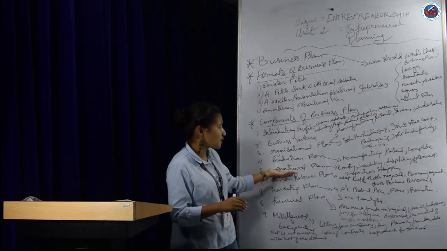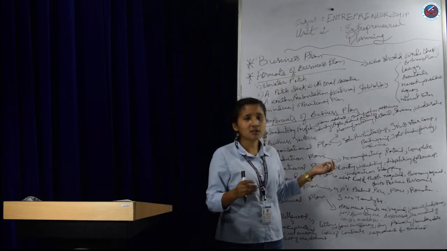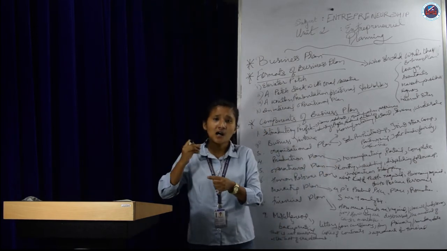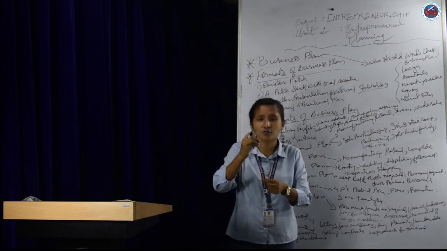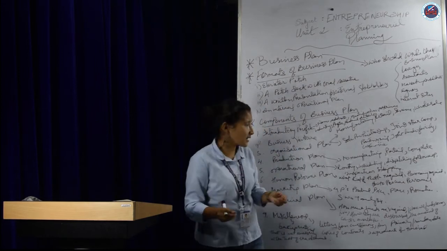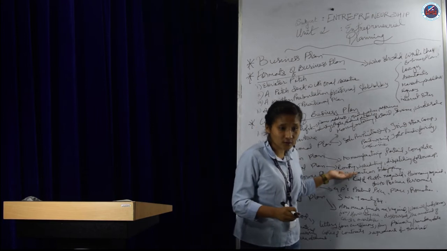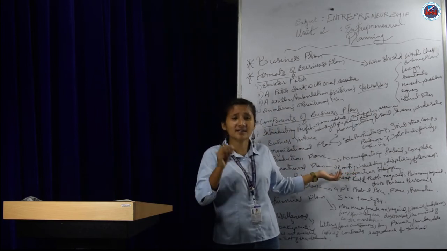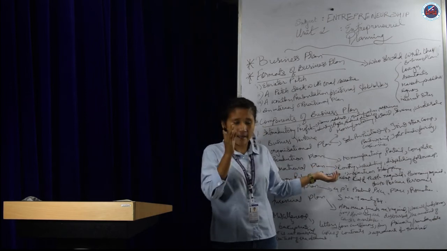Then comes the operational plan. The operational plan is all about how you are going to operate your business. How is the business going to be operated in the competitive market? The first one being routing. Routing is a process concerned with determining the exact route or path a product or